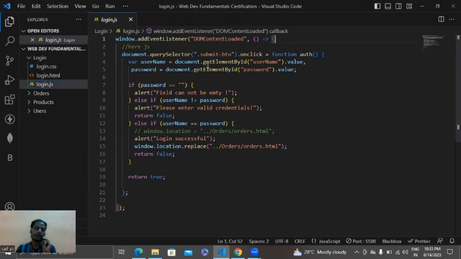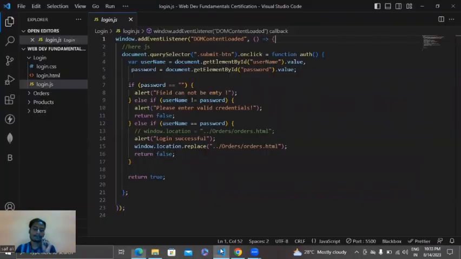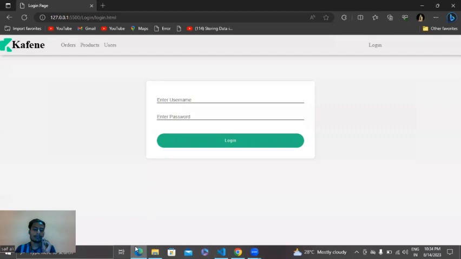So it will load all the DOM, so that I can see all the functionality inside this page. So first of all, I have created a function and here I have targeted this login button,